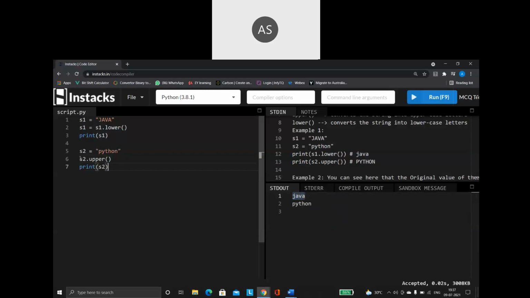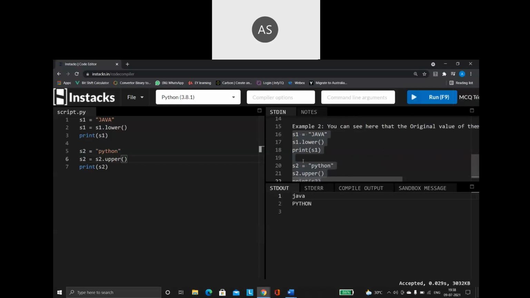In the same way, when I say s2 is equal to s2 dot upper, then my original string is going to change. Otherwise, simply by saying s2 dot upper, the string will not change. This is one very important point you have to remember. Strings are immutable. That remains the same. That is not going to change at all.